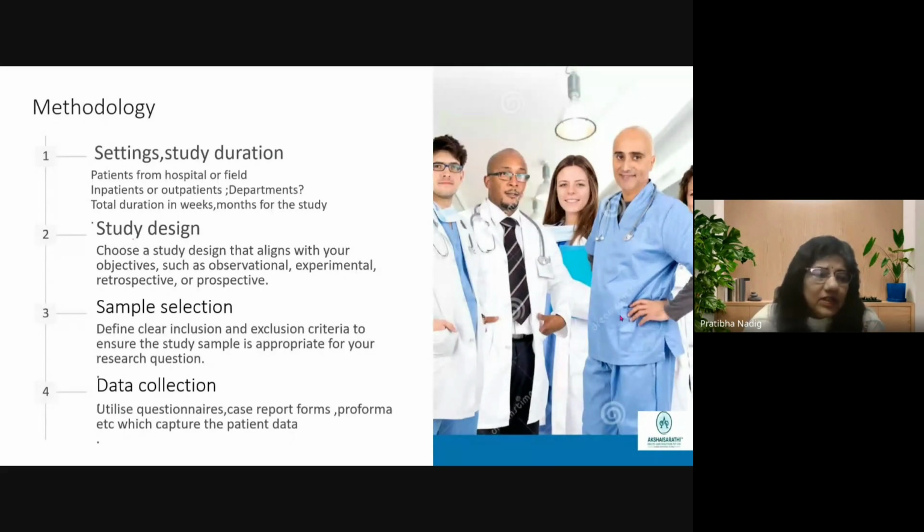And then once we have defined that, we will talk about how we are going to do data collection. We will talk to the patients. We'll take their consent, and then we will take the data, which will be recorded in the questionnaire. This questionnaire can be in paper format, or our students, Ravi Kiran and Vaishnavi, had done EpiCollect online. Most of you know that, I think. Community medicine people will be aware of that. So take the data there. All these procedures you have to describe, because everyone will want to know.